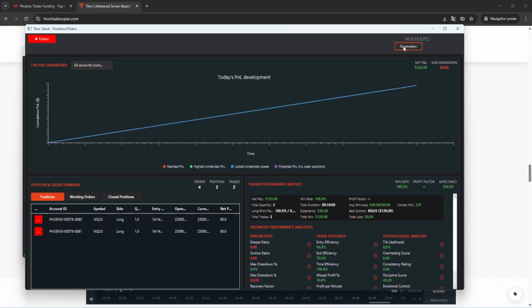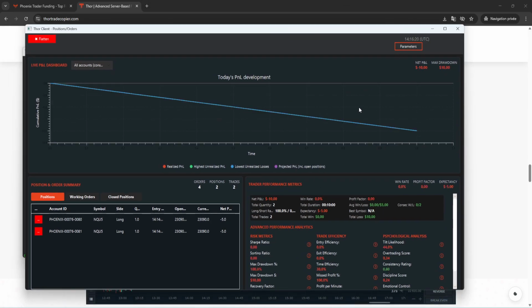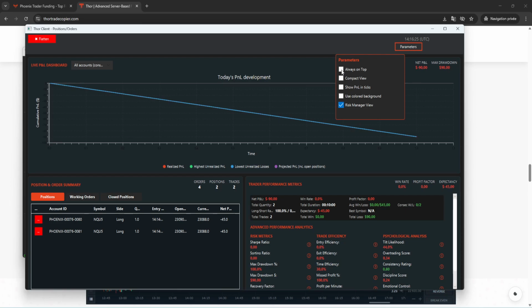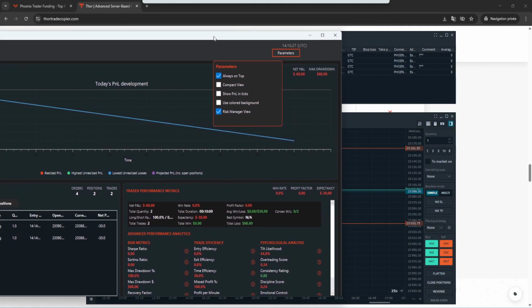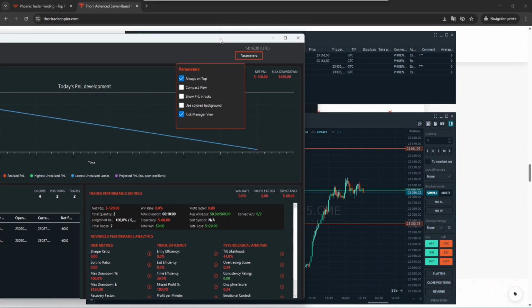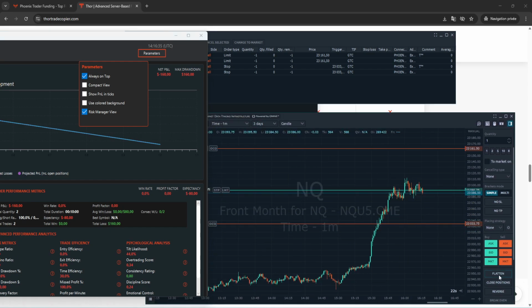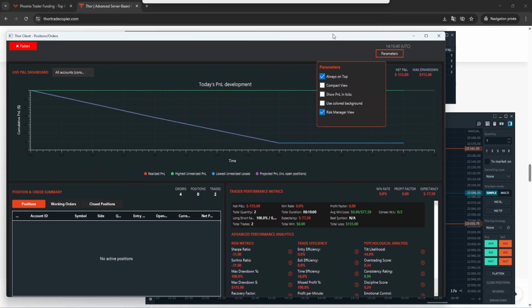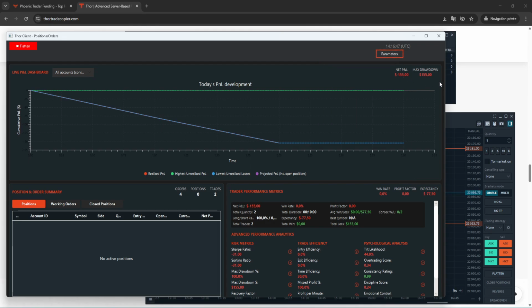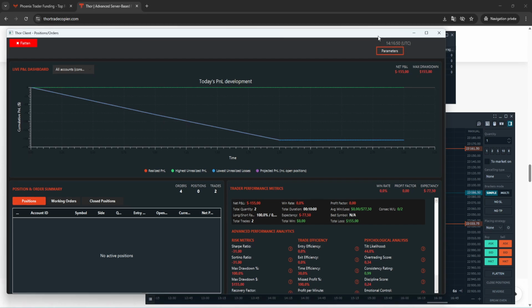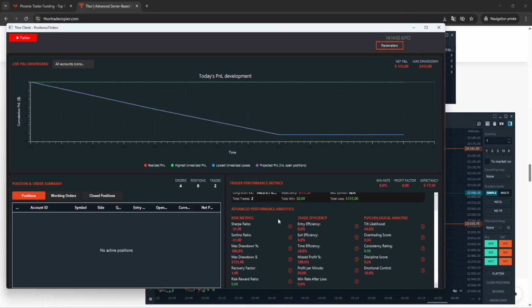By the way, if you want to avoid having to go back and forth with the software, you can go to parameters and click on always on top, and this stage will always stay on top. Let's say I want to close this trade. I'm clicking on close positions, and as you can see, the trade was finished. It's not moving anymore. The net P&L was actualized. The net drawdown was updated too,